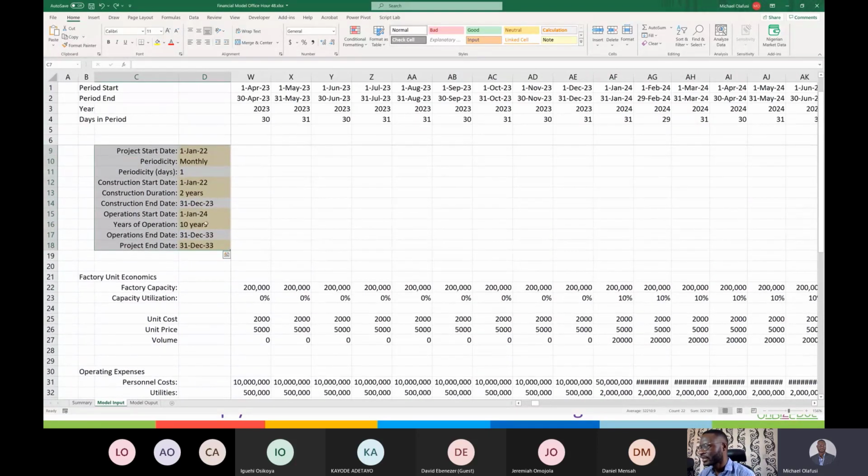We did our own to be like 10 years operation for the plant, which means operations we end after that 10 years, and automatically the project will end there. There are some projects that the operations end date and project end date are not the same. In mining space, imagine you set up, so we did a model for someone in gold mining, right? A financial model. So for them in that space, the mine has a useful lifespan. So maybe the estimated lifespan or the estimated reserve or whatever it is they call it.